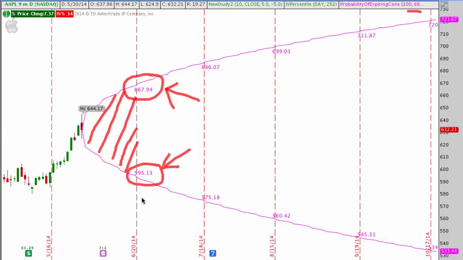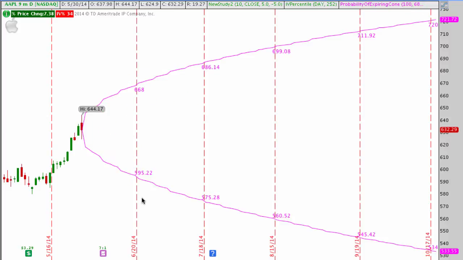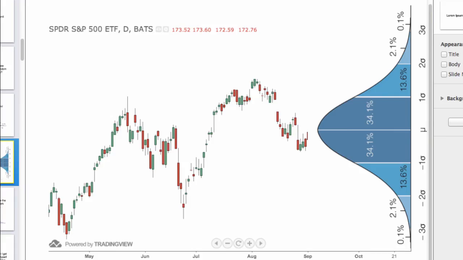Okay, so you can see how you can visually project that on the chart, and we get almost the same identical look in our charts that we have here in the slide, which is just something I threw together to get your mind thinking about these probability graphs on an actual stock chart.